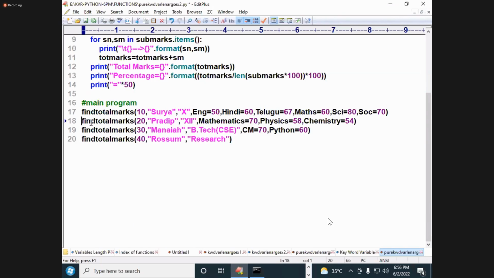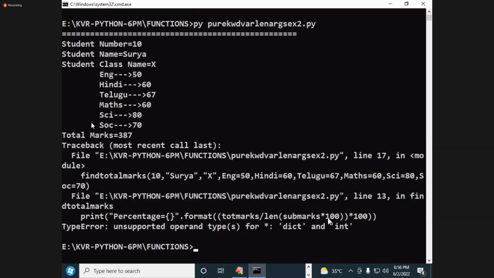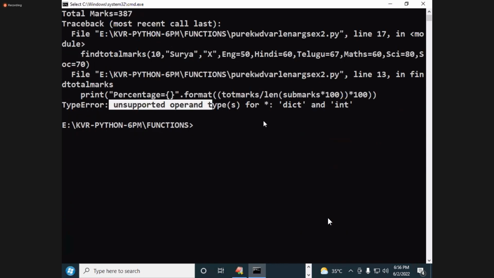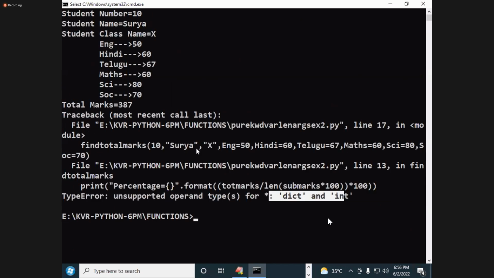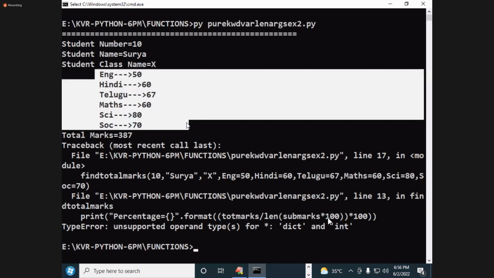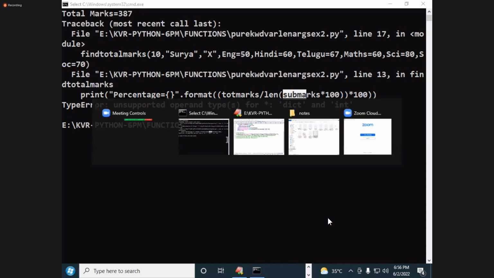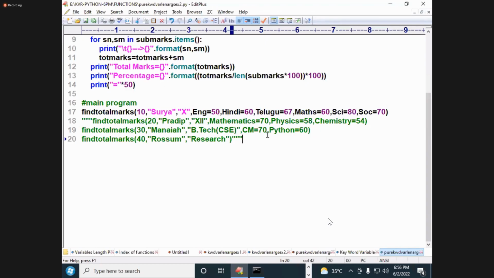Right. Now, careful. Try to execute. See what answer is coming. What is happening? Unsupported operand, what is this? Dict and int. Dict and int. 1 minute, you wait. Percentage is equal to, where is it? Total marks by LEN of subject marks. LEN of subject marks into,